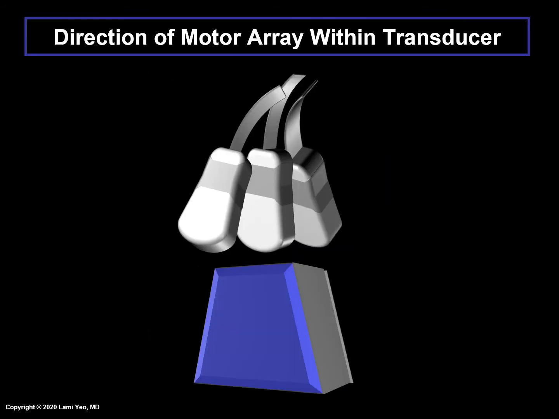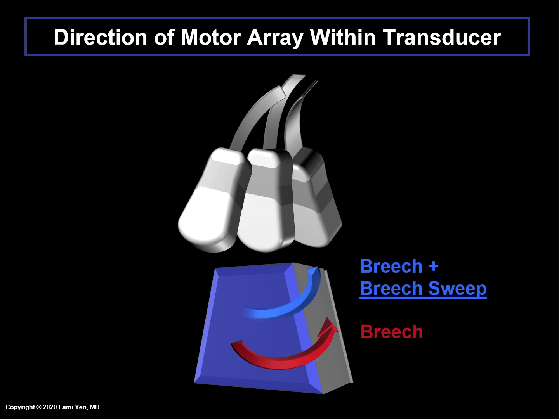In summary, with a fetal breech presentation, the transducer sweep starts from the stomach and abdomen. However, when breech sweep is activated on the ultrasound machine for the same fetus, the motor array within the transducer will switch directions so that now the fetal upper mediastinum is seen at the start of the sweep and the stomach at the end of the sweep. Through this novel feature, there is a minimized chance that fetal breathing motion artifacts will coincide with the sweep of cardiac structures, which could adversely affect the cardiac images generated by FINE.